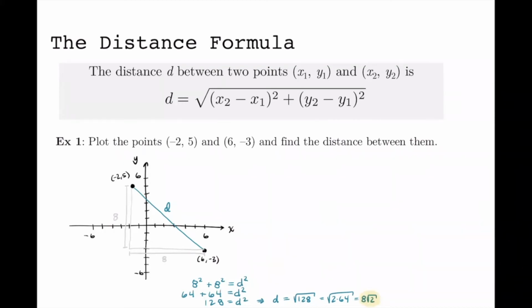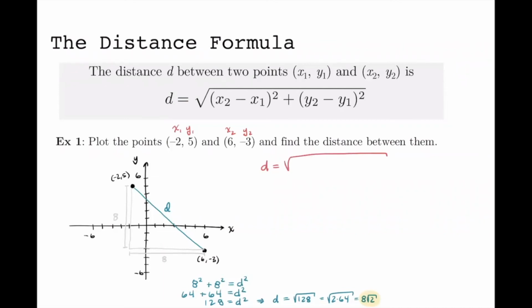Now let's just see how we might use this in the distance formula, and also that we get the same thing. So all we have to do is make sure that we label our points correctly. So the negative 2 comma 5, I'm going to call that one x1 comma y1. And then the 6 comma negative 3, I'm going to call that x2 comma y2. It doesn't matter which order that you do this in, you will get the same result. So if I write down my formula